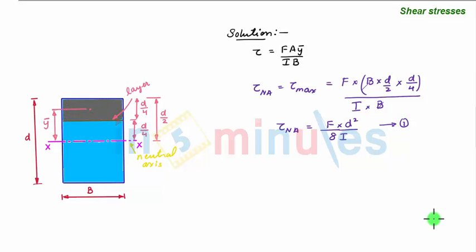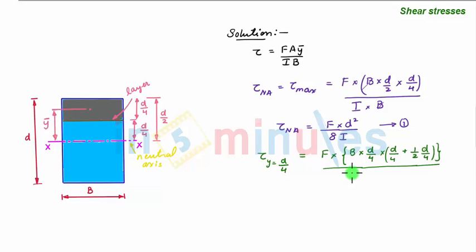Now let us determine the shear stress at a layer d by 4 from the neutral axis. So we have this layer which is at a distance d by 4 from the neutral axis. In this formula of shear stress, A y bar will be the first moment of this shaded area above this layer and about the neutral axis. So shear stress is equal to F into the area of this shaded part, which is width b multiplied by depth d by 4, and y bar will be given as d by 4 plus half of this d by 4,